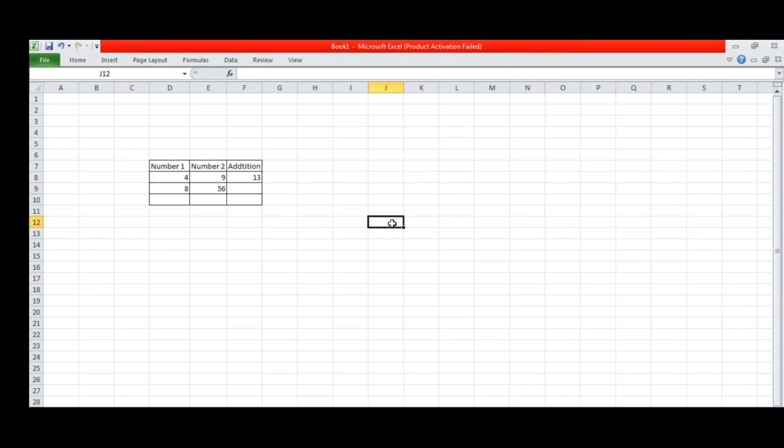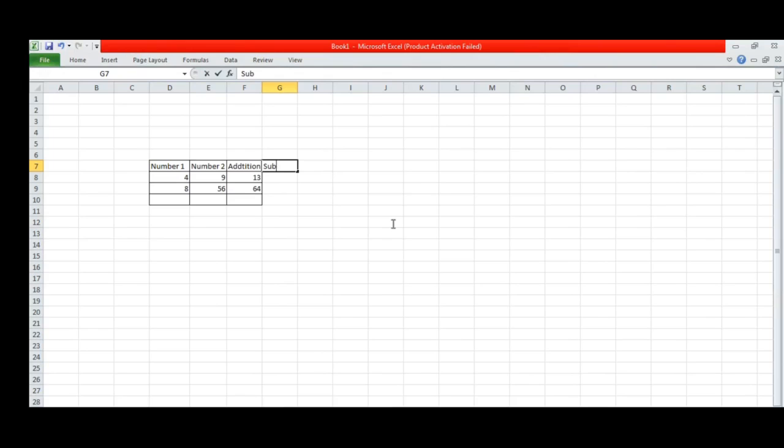So again, for the second one, equal to the address of the cell having value 8, which is D9, plus the address of the cell having value 56, which is E9. Press enter. Okay, understand, this is called the formula. It means we can do the calculation with the help of a formula.